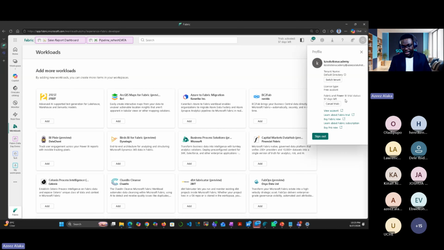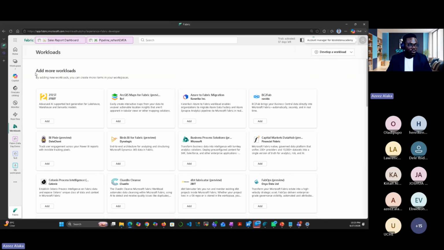So that was one of the accounts I've been using since that time. 60 days is not completed. Once the system observes that you're actually making use of the system, it's going to be adding days for you. So when you use 60 days, you can actually use it more than 60 days.